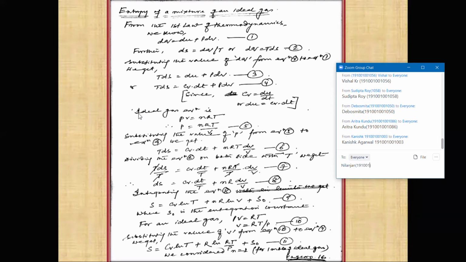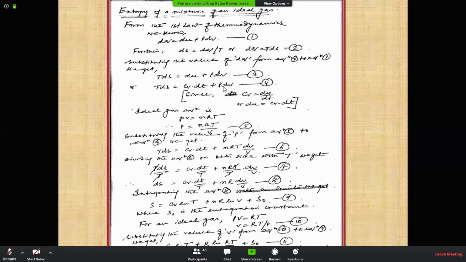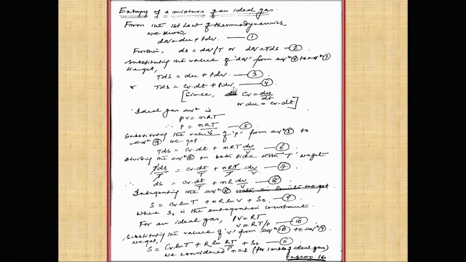Now, in the third step, we know that the ideal gas equation is given by PV equals nRT. I have to replace P because I have two differential things. This is dV, a small change in volume. I cannot integrate until I bring the total volume. At the same time, over here also, I cannot integrate until I bring the total temperature. So I brought all these things, and you see in this equation, TdS equals Cv dT plus nRT dV by V. Now this is integrable, but this is not integrable.